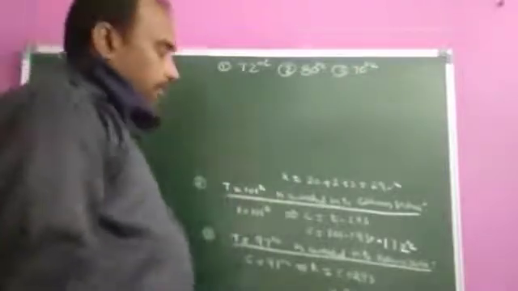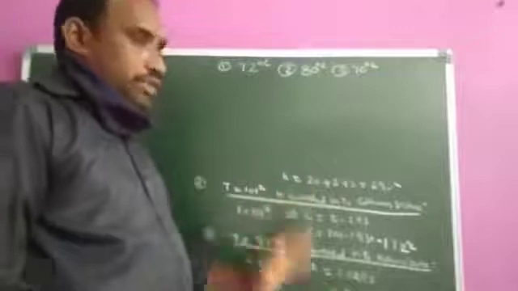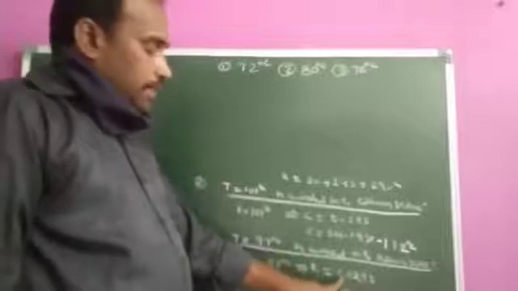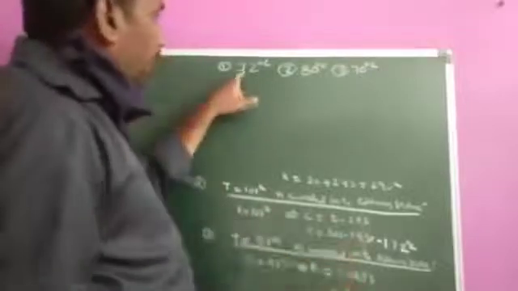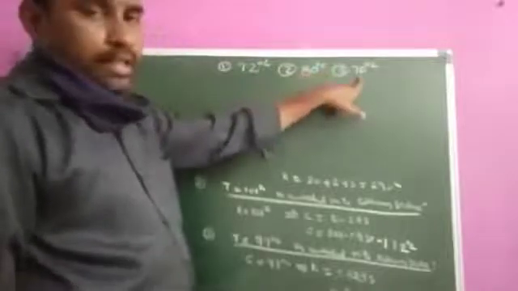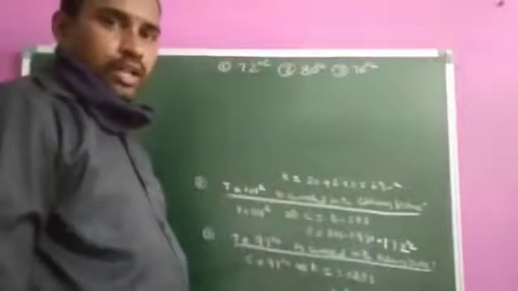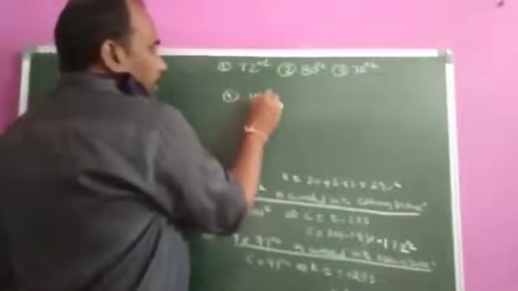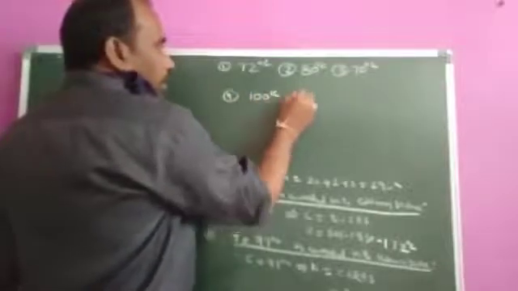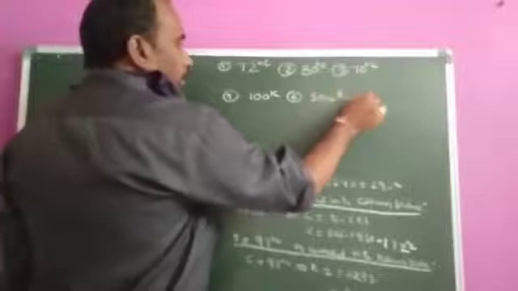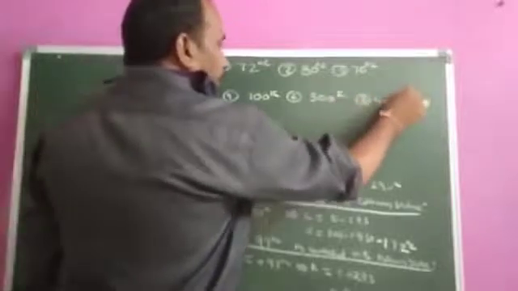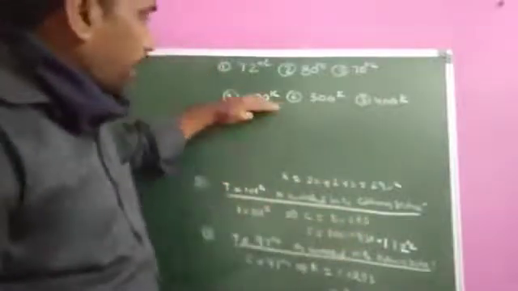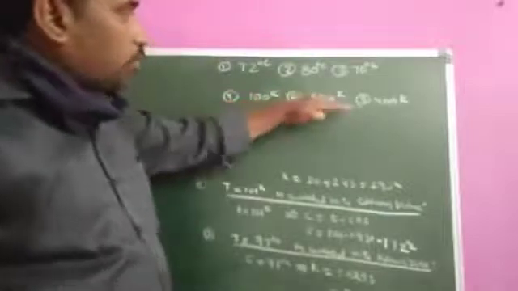Simply remember the difference between Celsius to Kelvin and Kelvin to Celsius. The shortcut method: if they give Celsius, just add 273. Add 273 here, 273 here, 273 here, and you get the answers. Are you clear? That is the shortcut. For example, they gave Kelvin: 100 Kelvin, 300 Kelvin, 400 Kelvin, converted to Celsius. What is the formula? K minus 273. So you subtract 273 here, 273 here, 273 here.